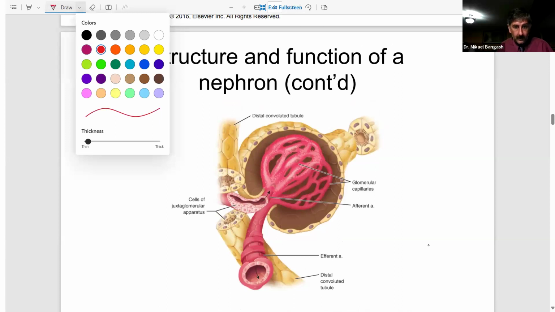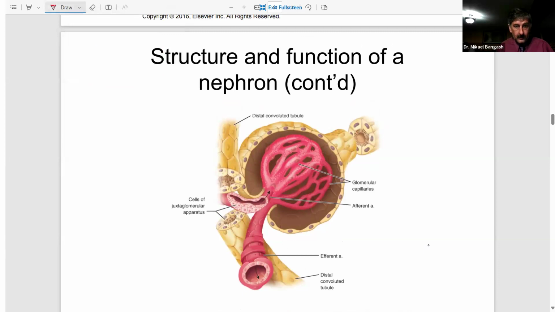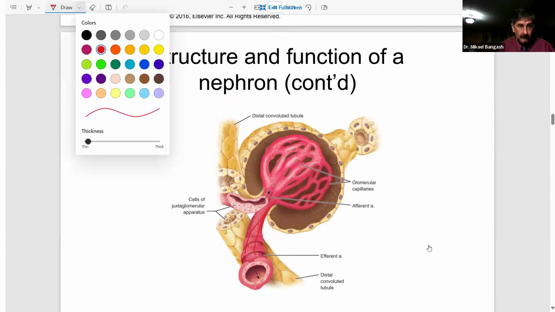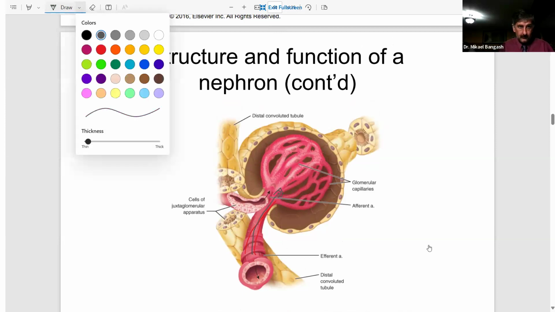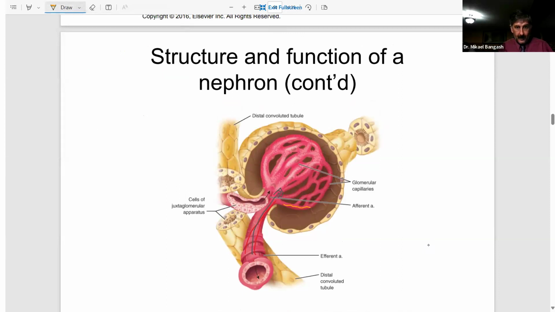Now we can mainly say this was the afferent arteriole. Let's just choose another color. Which means it is going to bring blood to this glomerulus. So this here is your glomerulus. And we can mainly say, as blood runs through these capillaries here,